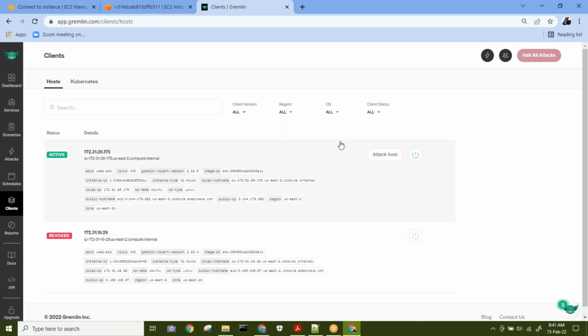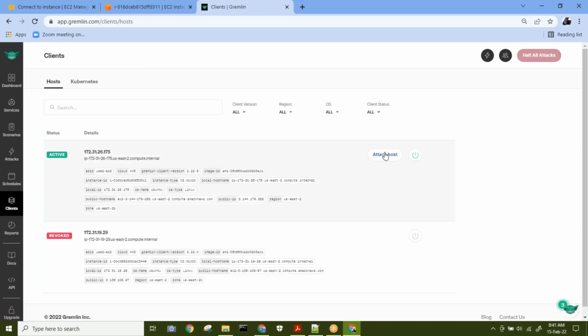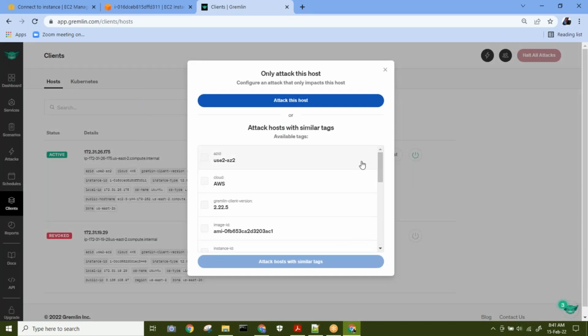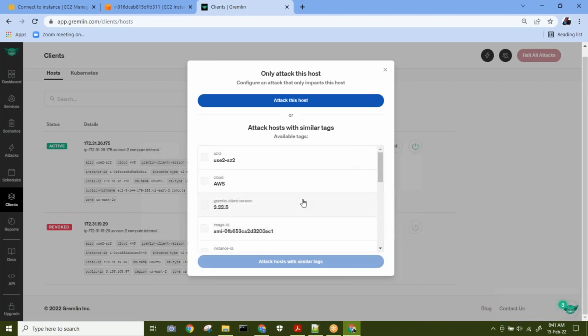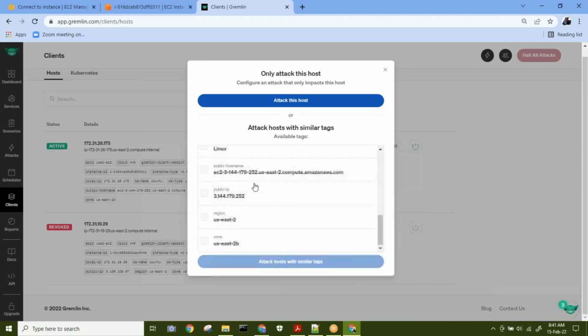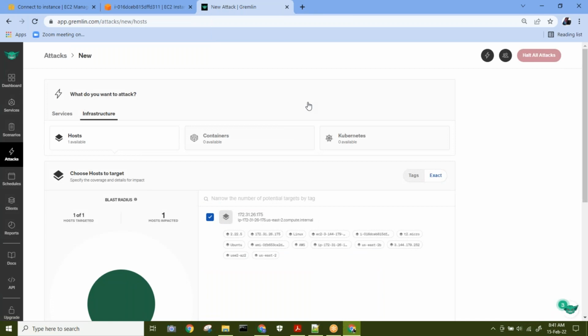Yeah. So now there is an option here called attack host. I will just click on that option, attack host. So here you will have different tags. But we will attack the host currently, not based on a tag or something. We will see what these tags are at a later stage. For now, we will just click on attack this host. So you will land on this page where